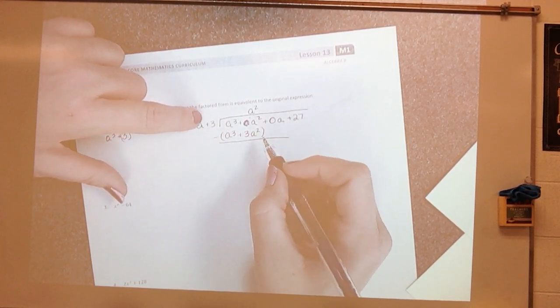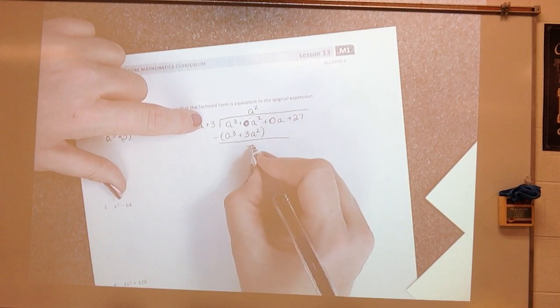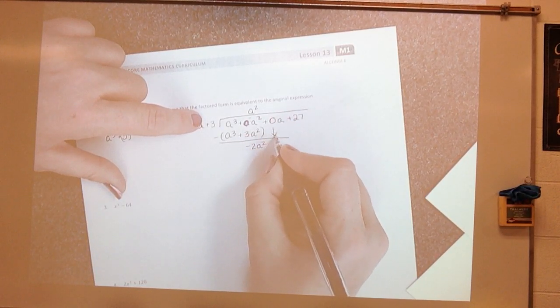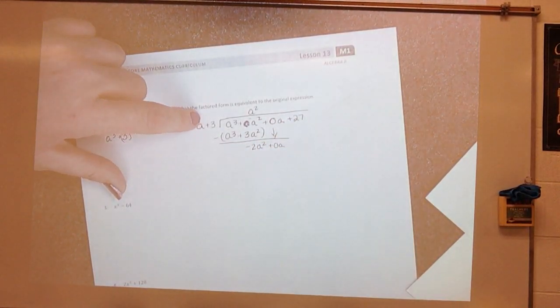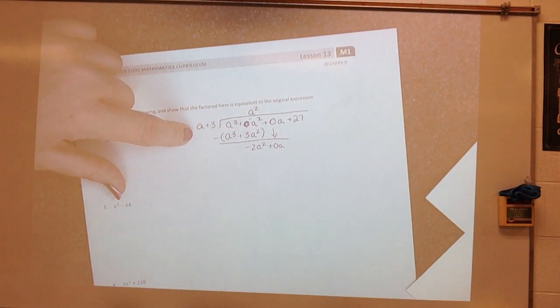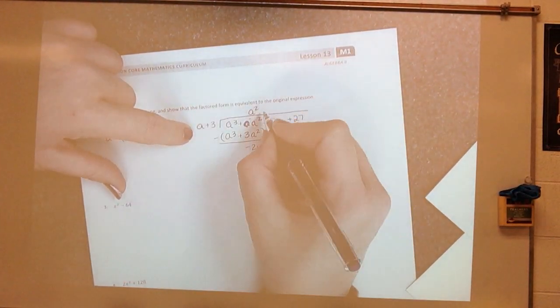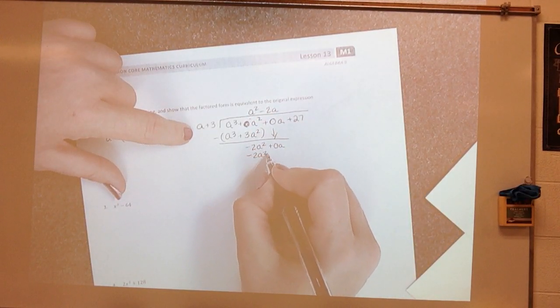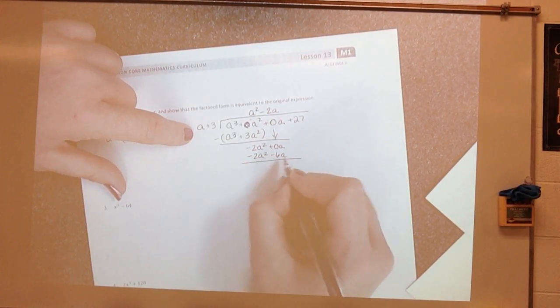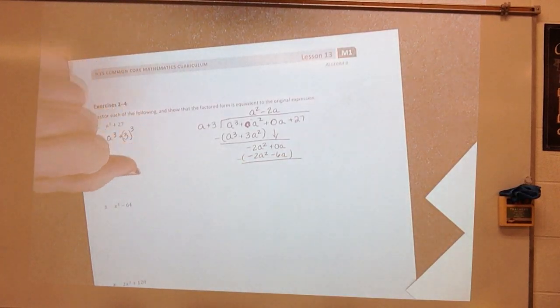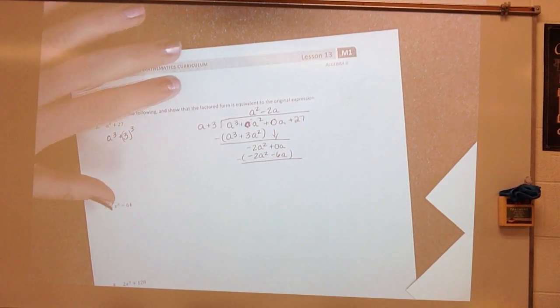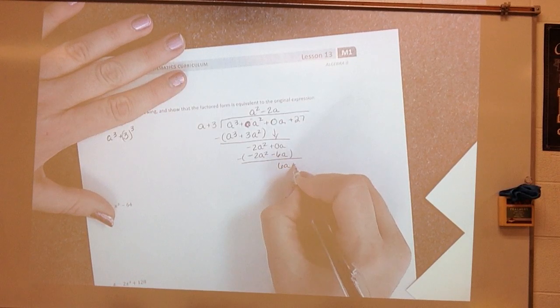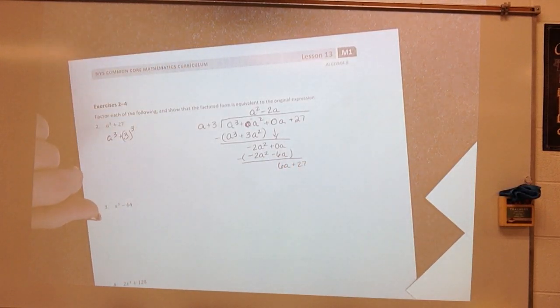Subtract. So 0 minus 3a squared is negative 3a squared. Bring down my 0a. So what times a gives me negative 3a squared? Negative 3a. So negative 3a squared minus 9a. Subtract. So 0 minus a negative 9 would be 9a. Bring down my 27. What times